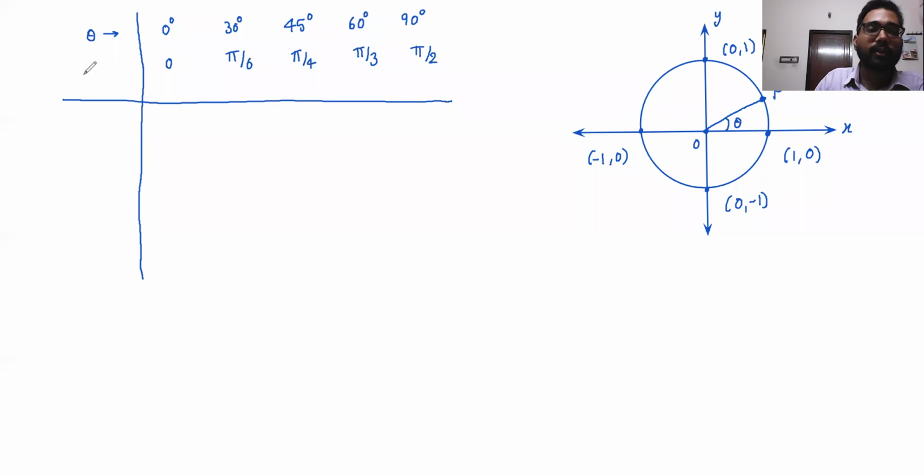Here we are going to write trigonometric functions. Trigonometric function is sine theta, cos theta, all those things. So let us write sine theta, cos theta, tan theta. I hope you know these values already, but just for a recap: secant theta, cosecant theta.